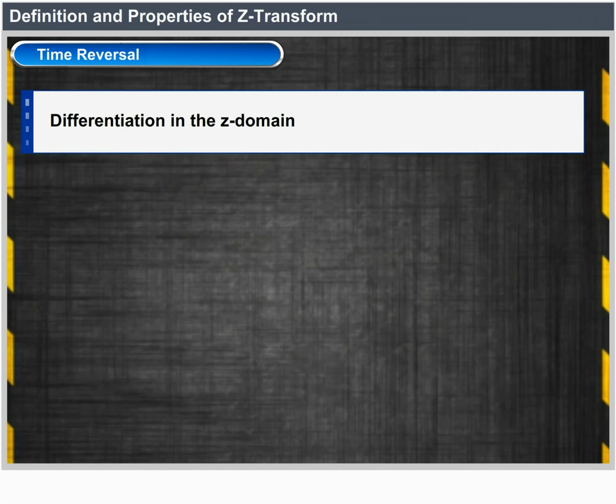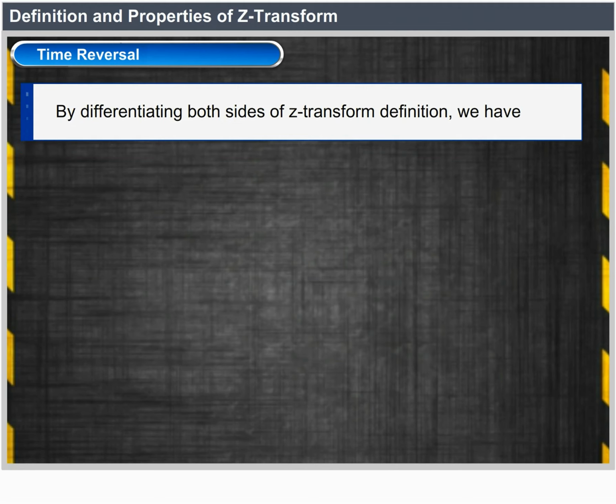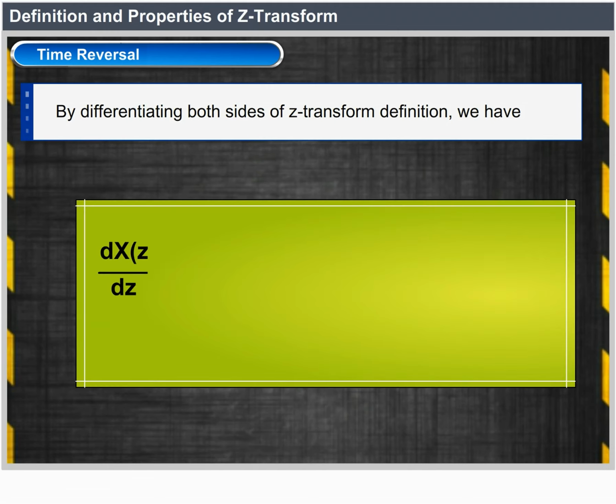Differentiation in the z domain. If x(n) is related to X(z), then n x(n) is related to minus z dX(z)/dz. By differentiating both sides of the Z transform definition, we have dX(z)/dz